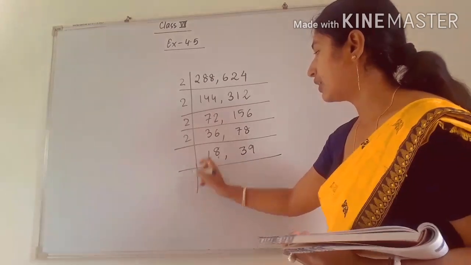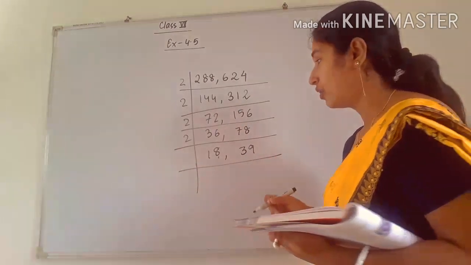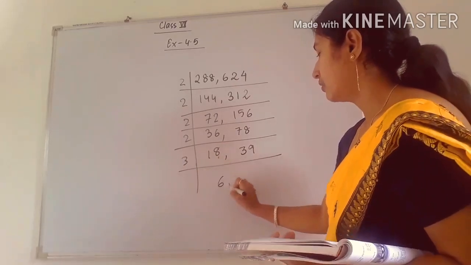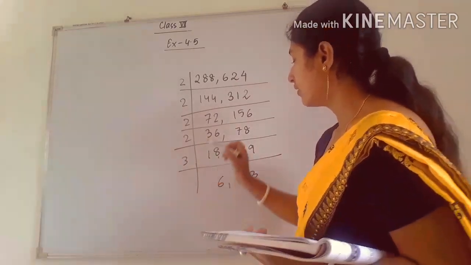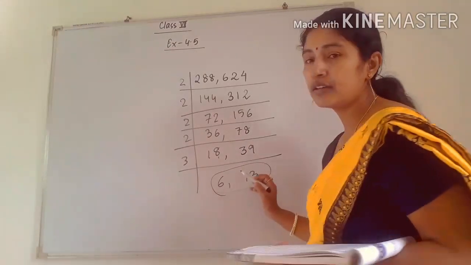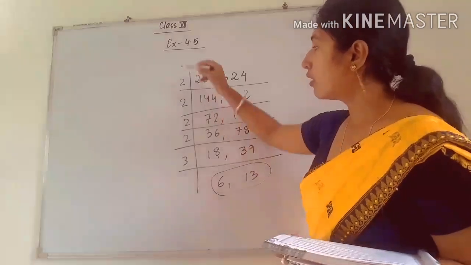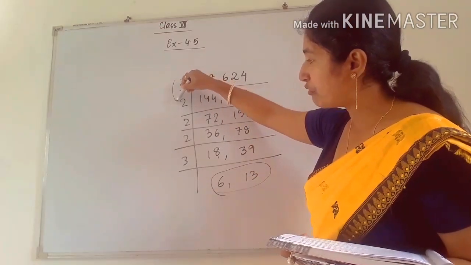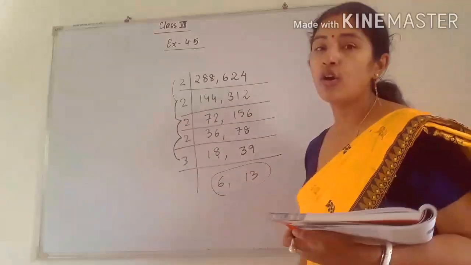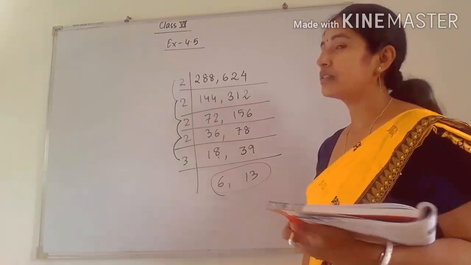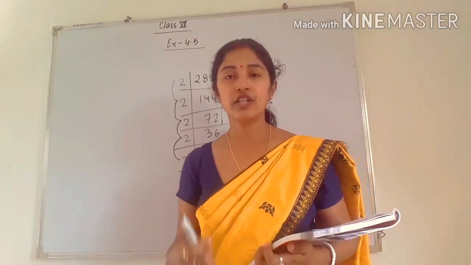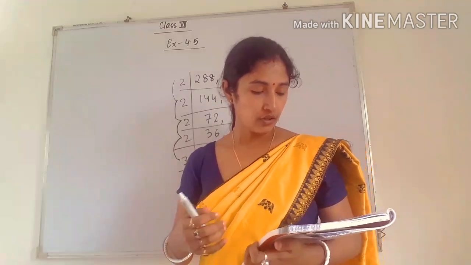Now you can divide by 3, so you get 12 and 26, and 6 and 13. See, here we have to stop because the common factor of 6 and 13 is 1. So what will be the HCF? 2 2s are 4, 4 2s are 8, 8 2s are 16, and 16 3s are 48. So 48 is the maximum number of fruits that can be put in each box. Okay, like that you have to do.